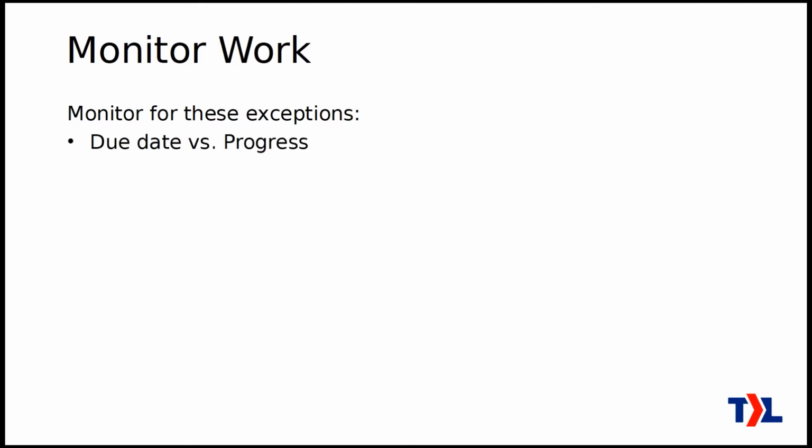So as a dispatcher or a service manager, there is a role to monitor this work, to make sure that things are going according to the plan, and to take action when things aren't. So here are some of the things that you're going to be watching for this work on your Kanban board. So you're going to be watching if there's a due date on the card. You would write that on, if you're using sticky notes on a wall, you're going to write that on the card.